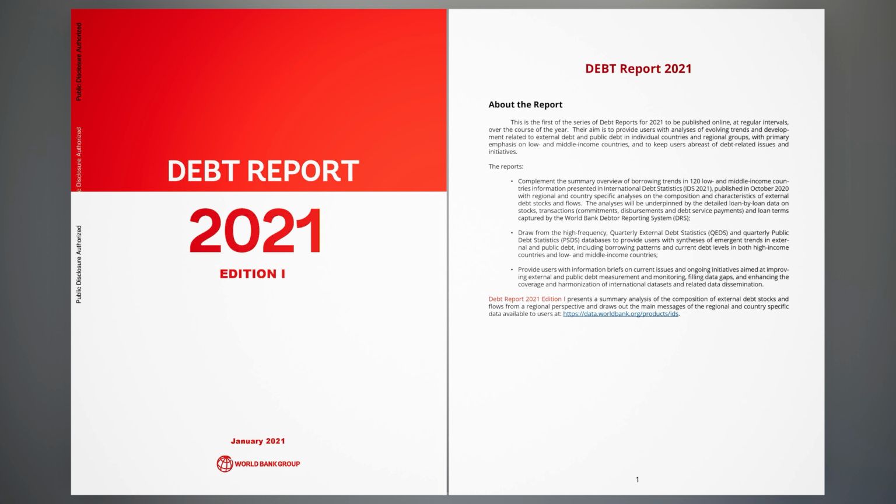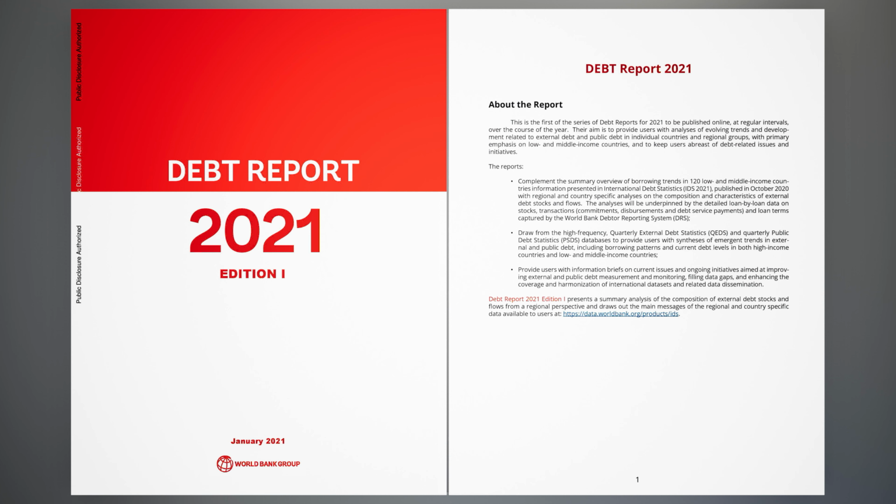The analyses will be underpinned by the detailed loan-by-loan data on stocks, transactions, commitments, disbursements and debt service payments, and loan terms captured by the World Bank Debtor Reporting System (DRS), and draw from the high-frequency, quarterly external debt statistics (QEDS) and quarterly public sector debt statistics (QPSD) databases to provide users with syntheses of emergent trends in external and public debt,